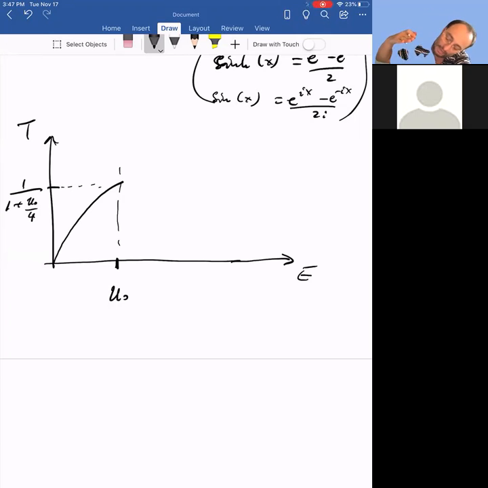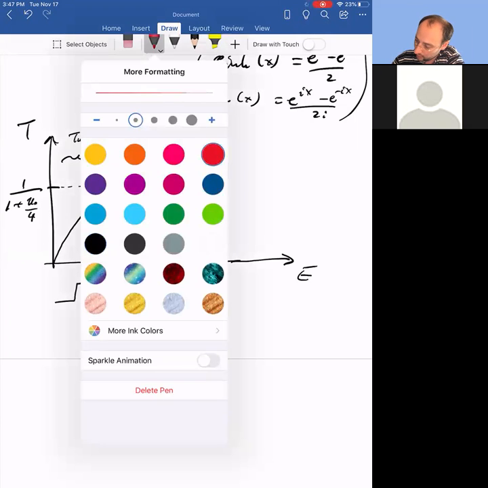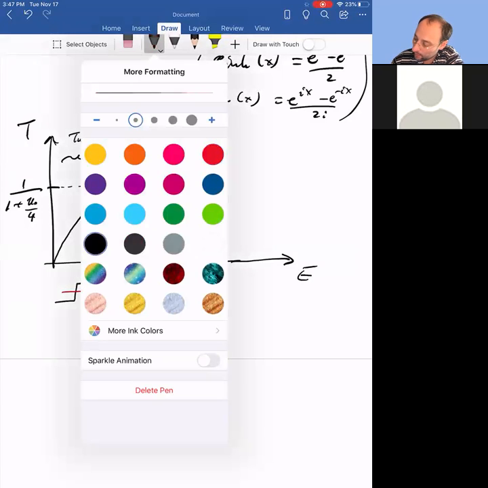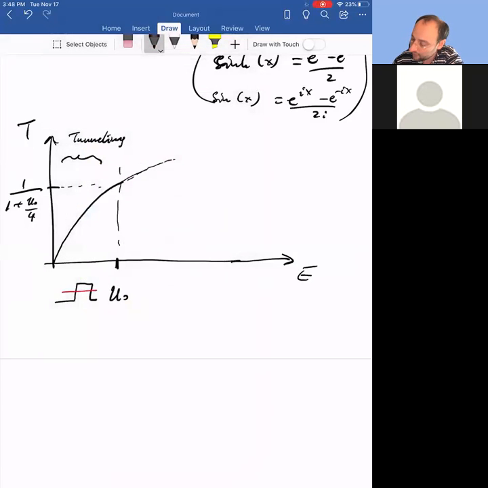As E goes above U naught, well, the transmission coefficient continues to increase. So that's not tunneling anymore, right? So this is tunneling. This is tunneling. Right? So in this situation, your energy is below the barrier. When energy is above U naught,